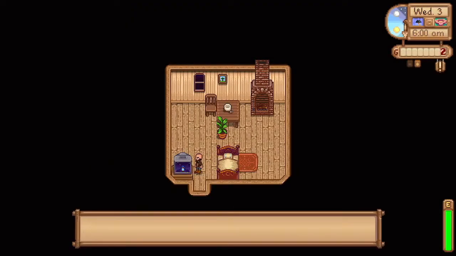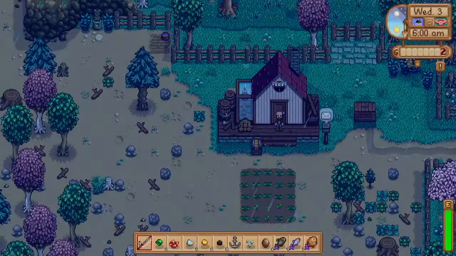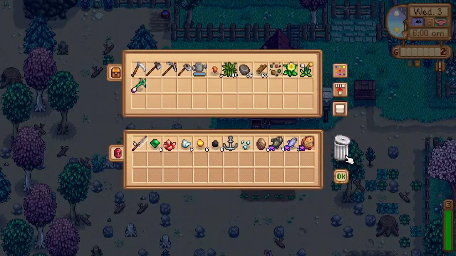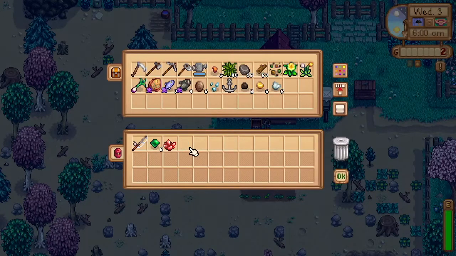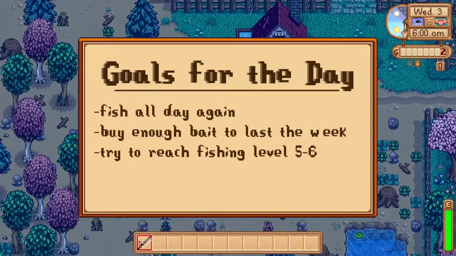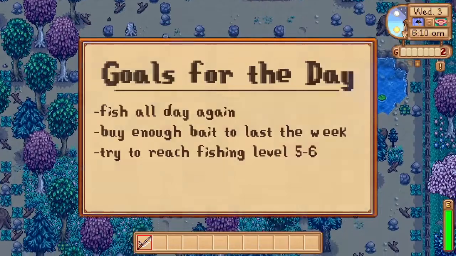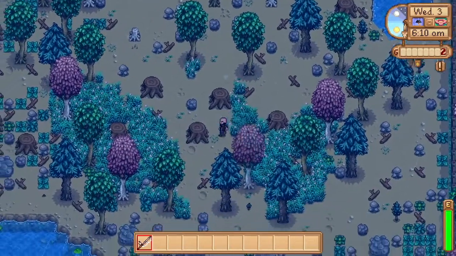So day 3 is when I probably will start checking luck. It's always raining, and high luck is great because you get more chests since we'll be fishing all day again. So our main goal is just fish all day, get enough bait to last the rest of the week, and try to get up to fishing level 5 or 6. In my case, I should be able to get to 6 just because I've already reached 5. But if you're only level 4, getting to level 5 is pretty reasonable, depending on how well you can catch